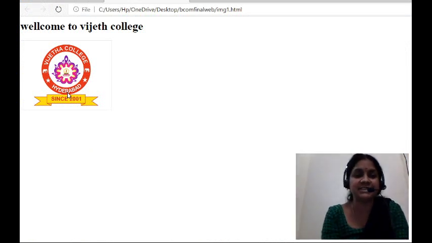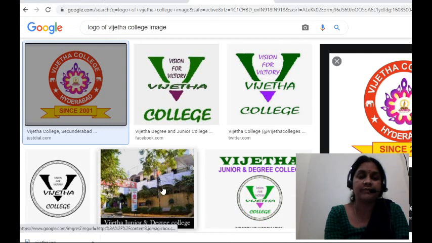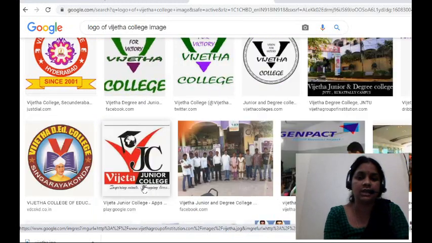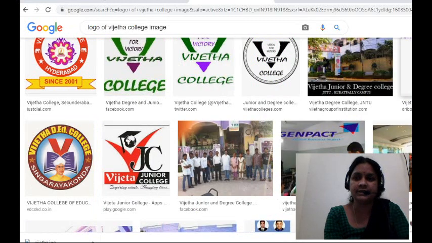What is the difference here? Right now we had the flower, but now we have a logo. Now another thing: I want an image of our college. This is my college, this is our college, right?